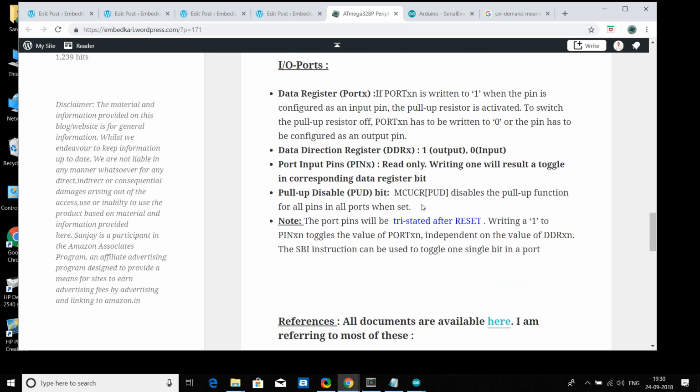Apart from these three, there is another register, the pull-up disable bit. That is for all, actually. The MCUCR register is there, and within that is this bit. If you set that, it will disable the pull-up function for all pins in all ports. So this is the global kind of pull-up control. Okay, by default the port pin after reset will be tri-state. Okay,